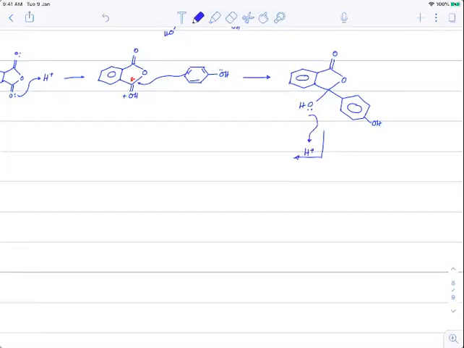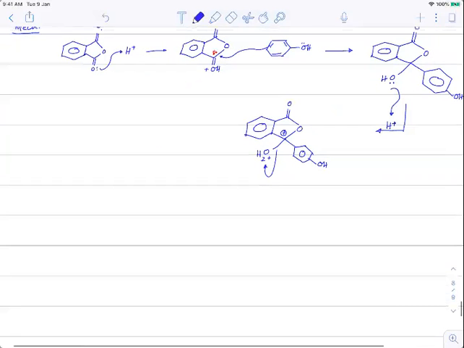will attack and make this group has double bond O and O with this phenol with OH here, and यहाँ पे बन जाएगा ये OH2 plus. OH2 plus is a better leaving group. This can easily leave, और यहाँ पे कार्बन पे पॉजिटिव चार्ज आ सकता है ना, so that कार्बन पे पॉजिटिव